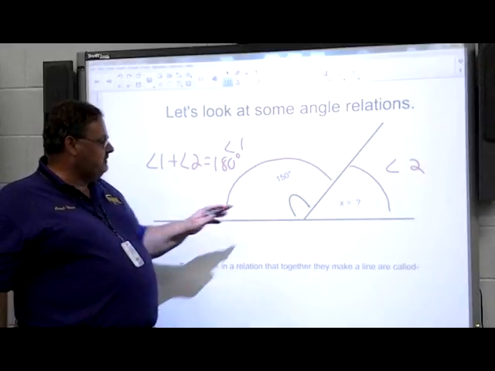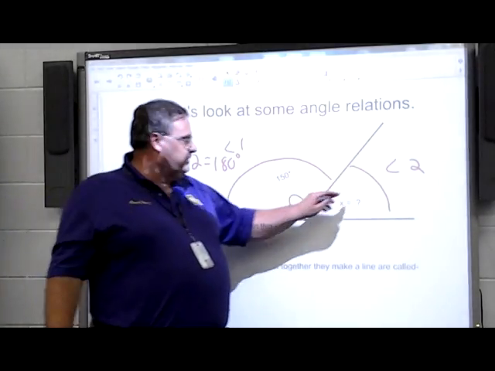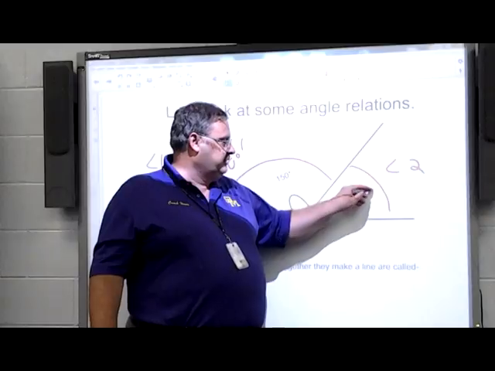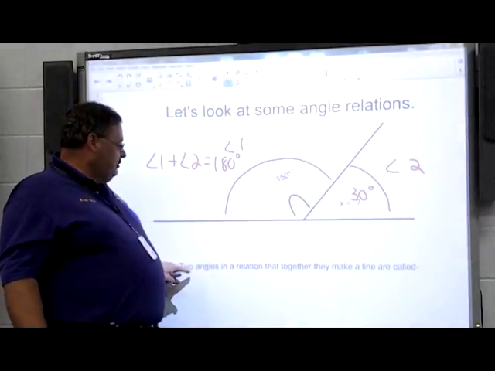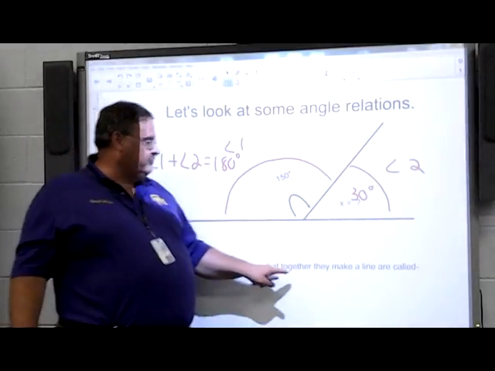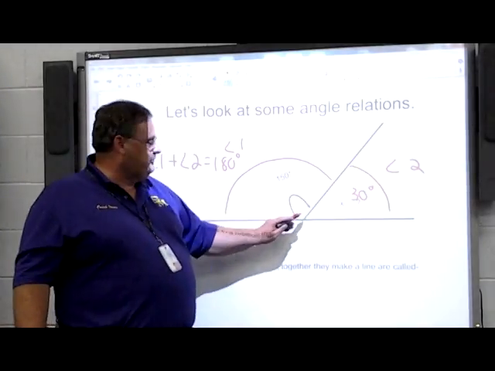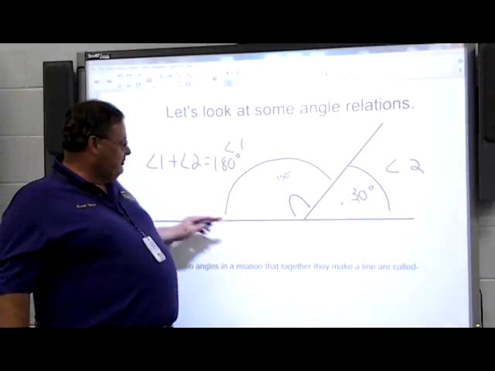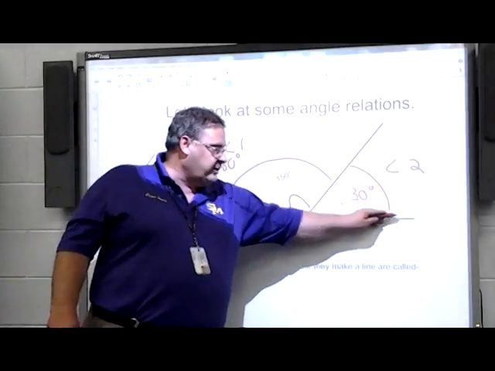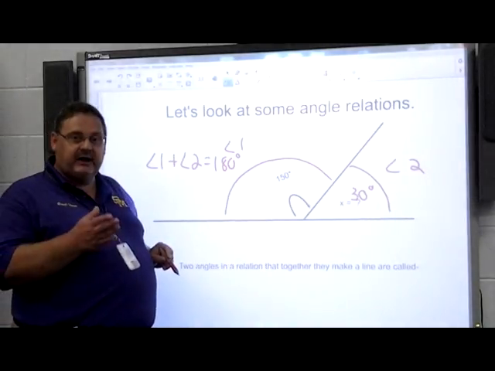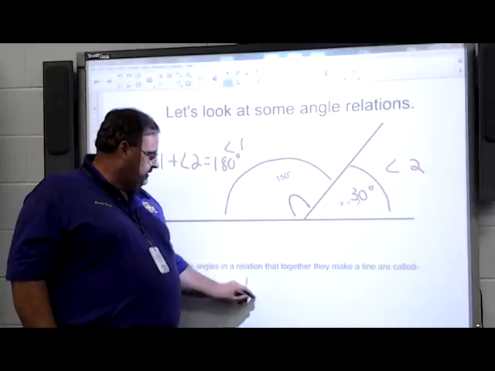And in this situation, if this side is 150, then we would know that this angle over here would be 30. Two angles in a relation that are sharing this side, and their non-shared side